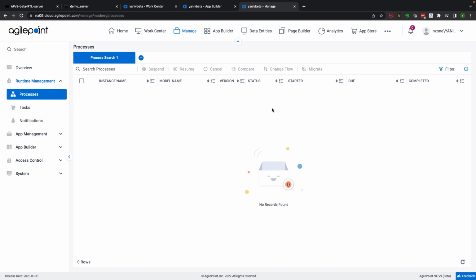Now, as a reminder, this application will be triggered by the e-commerce application, which is an external application, publishing an order placed event to a Kafka topic. This Kafka topic is subscribed to by the AgilePoint Kafka connector, and upon receiving the event will trigger the main flow of this application. So to simulate the e-commerce application publishing the event to the Kafka topic, I'm going to head into my Kafka environment,